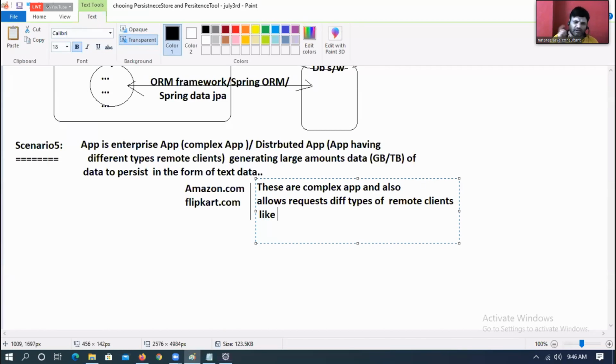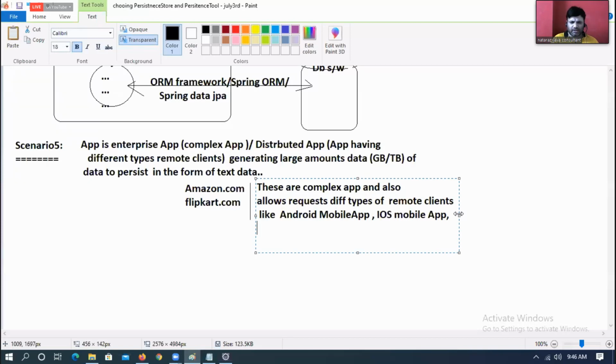Yes, Netflix.com is also one kind of distributed application, like Android mobile application, iOS mobile application.